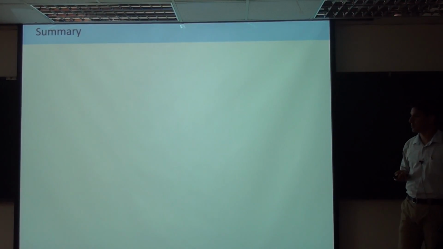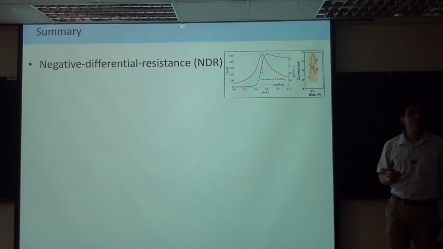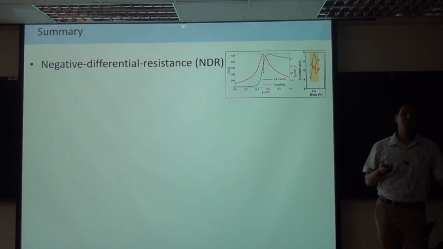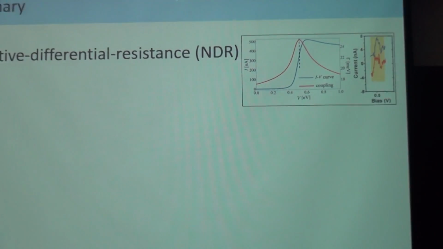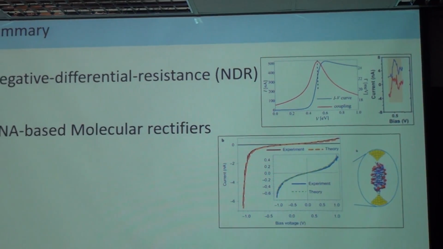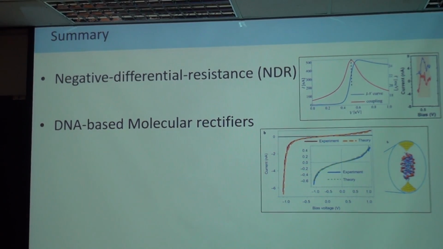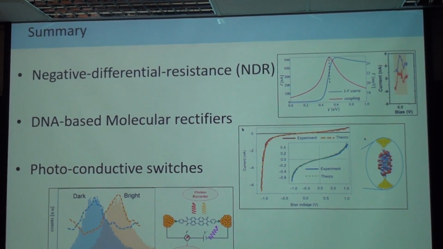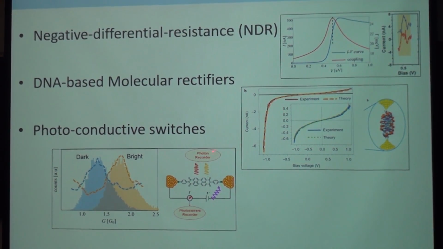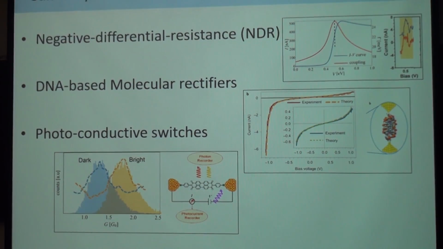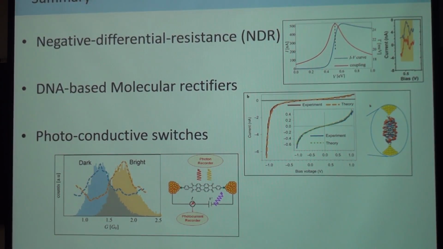So I think it's a great time to summarize. I showed you 3 types of devices which mimic microelectronic devices and can be made out of single molecules: negative differential resistance devices, rectifiers, which are just diodes, and photoconductive switches. These are all very, very small devices, and all of them raise new physical questions, which is to me the main source of interest in these systems. I honestly don't care if 20 years